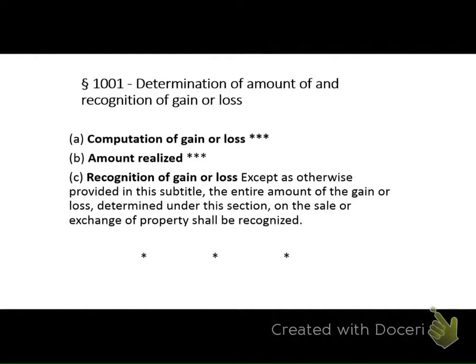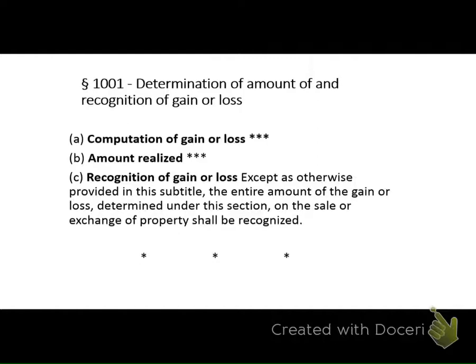We know that generally when we have a gain, we recognize it, we include it in gross income. But here we're looking at some provisions that tell us that even though we've realized a gain, the realization event did occur, we don't recognize the gain. These are non-recognition events. What does it mean to realize a gain but not to recognize a gain? If we realize a gain, there was a realization event, we can calculate the gain, we know how much it should have been, but we're not going to include it in gross income, at least right now.